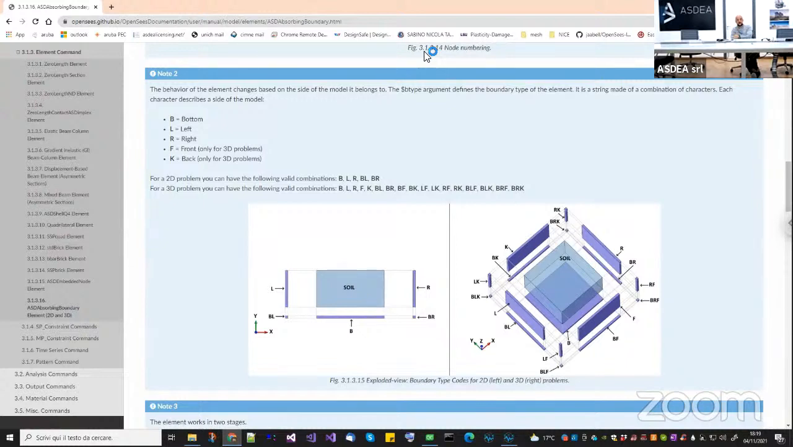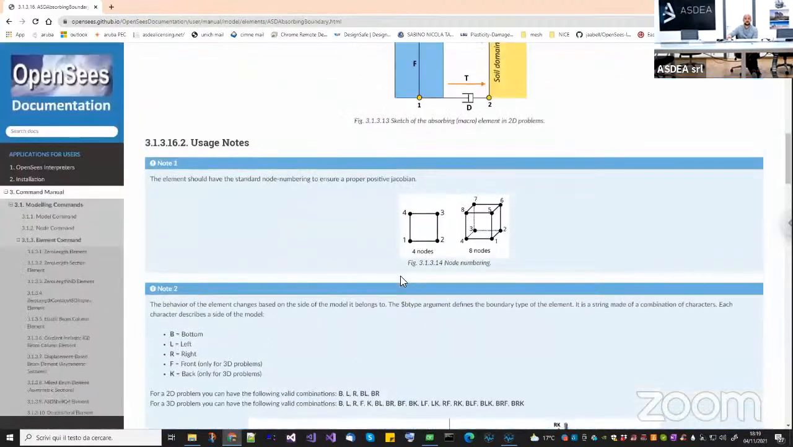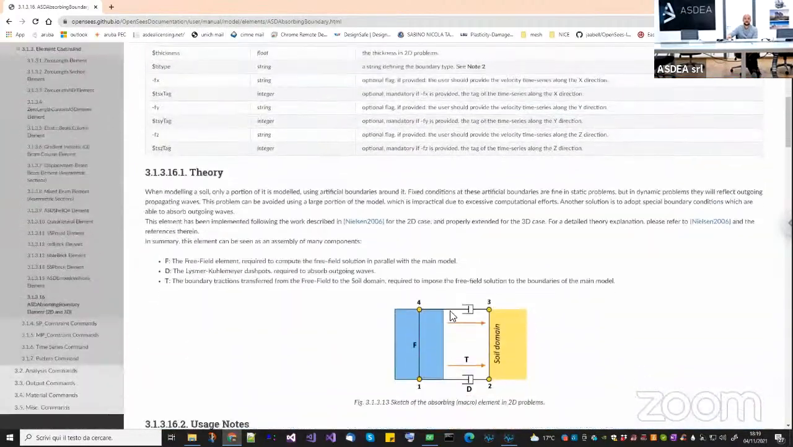From stage 0 to stage 1, the element will save the previous reactions and will apply them as external forces. So this is one point. But the boundary traction is something different. The boundary tractions here are basically